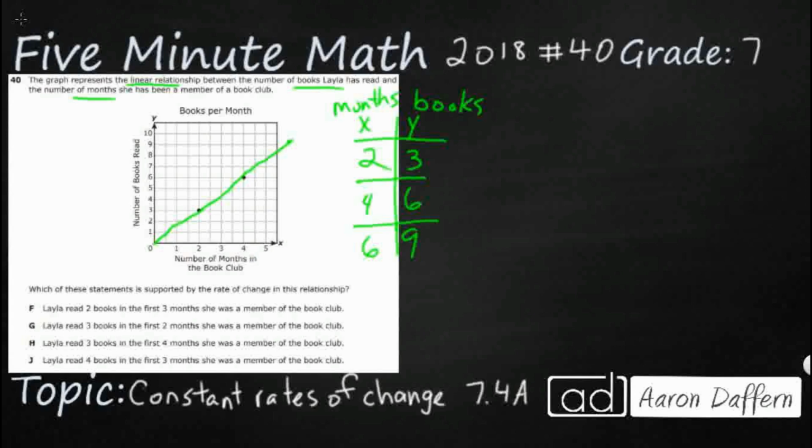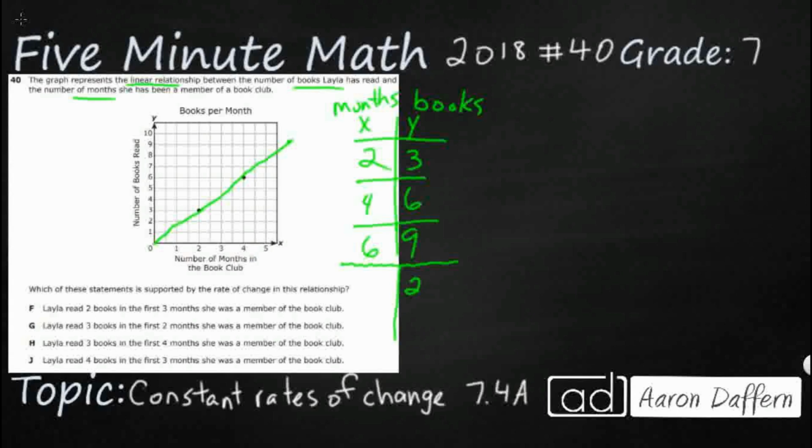So we need to see which of these statements makes the most sense. The only confusing thing is they're going to use the statements with books and months. They're not going to use X and Y. So we have to translate that into X and Y. I'm going to make a little jagged line right here, and we'll see if any of these work. So F: Layla read 2 books